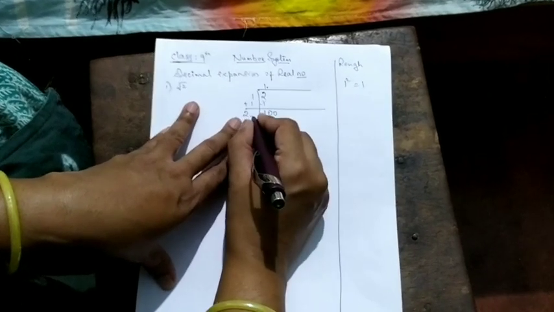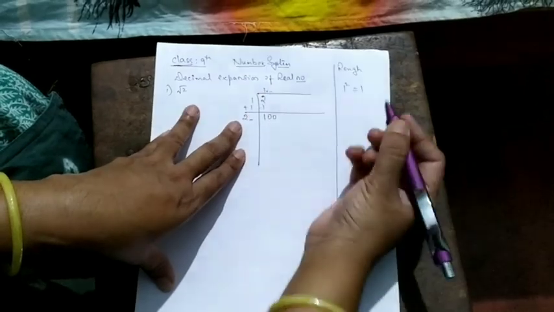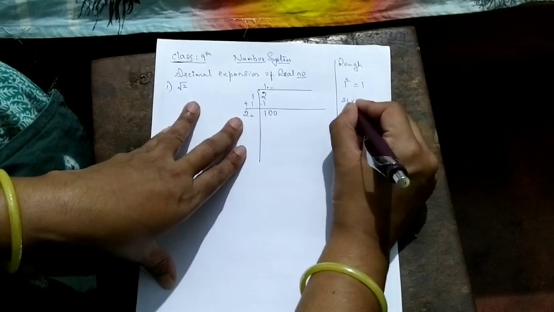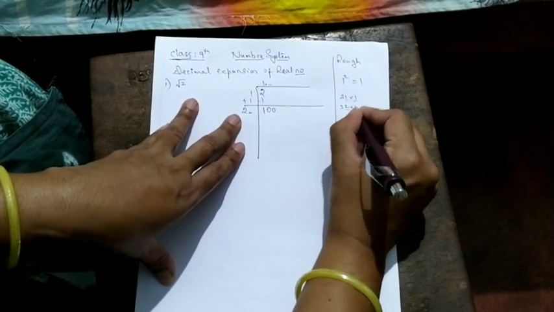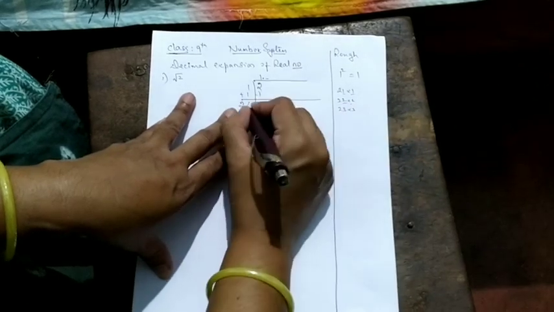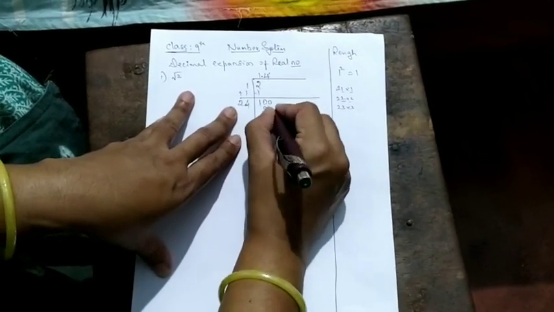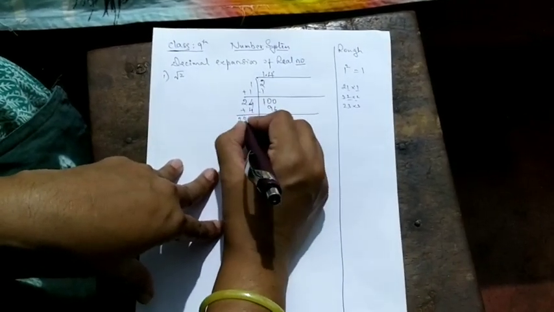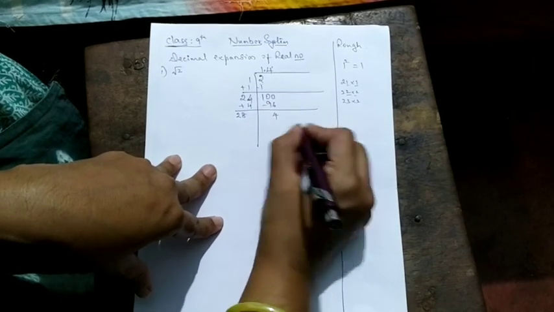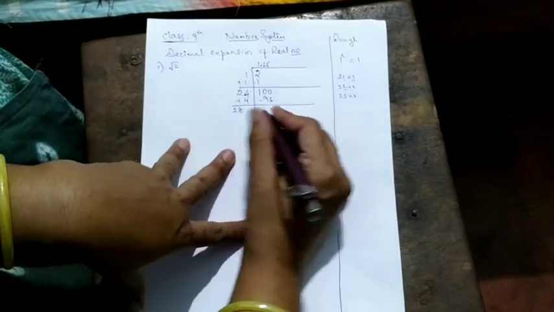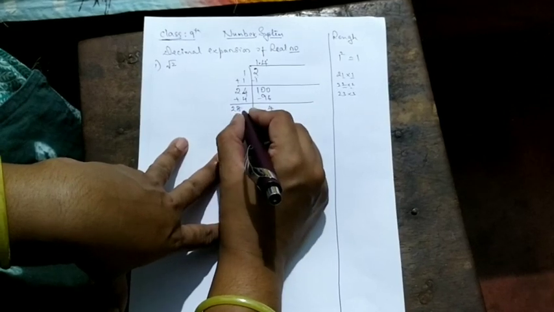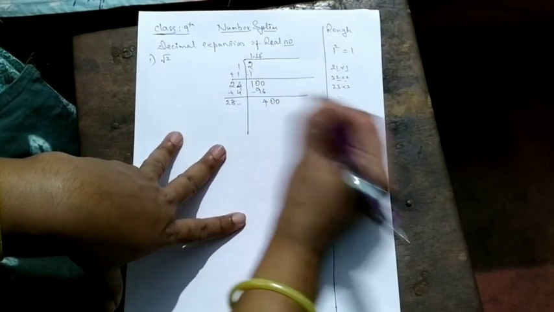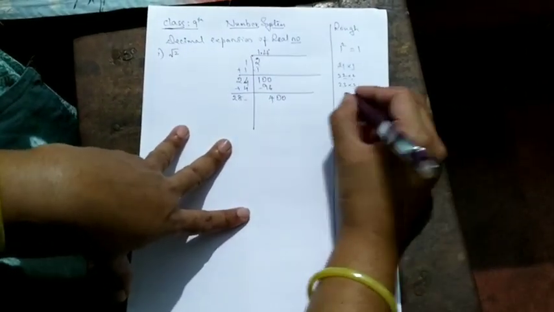Whatever digit you write, the same digit will come here. Say 21 ones are like this, 22 twos are, 23 threes are, so 24 fours are 96, the nearest one. Let me add this 4, so the remainder is 4 here. Now again this has gone to the hundreds place. Because of decimal, let us take another 2 zeros. The value has increased to 400.